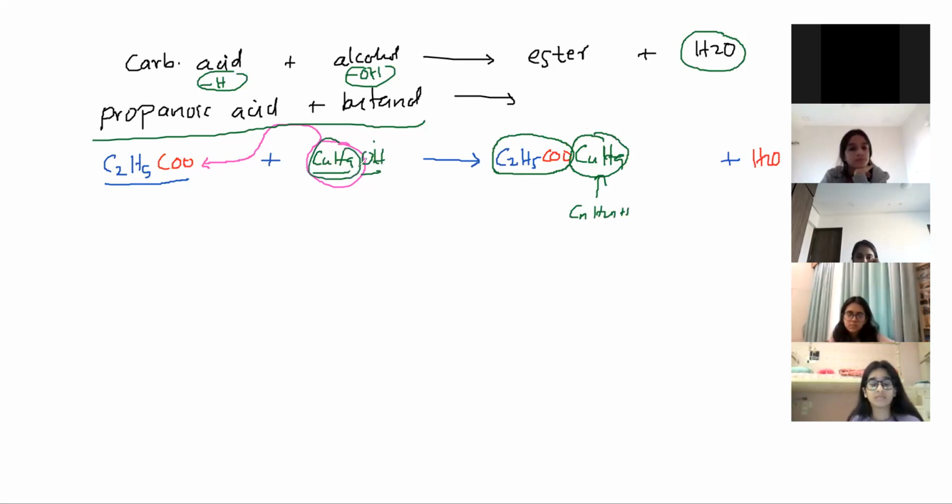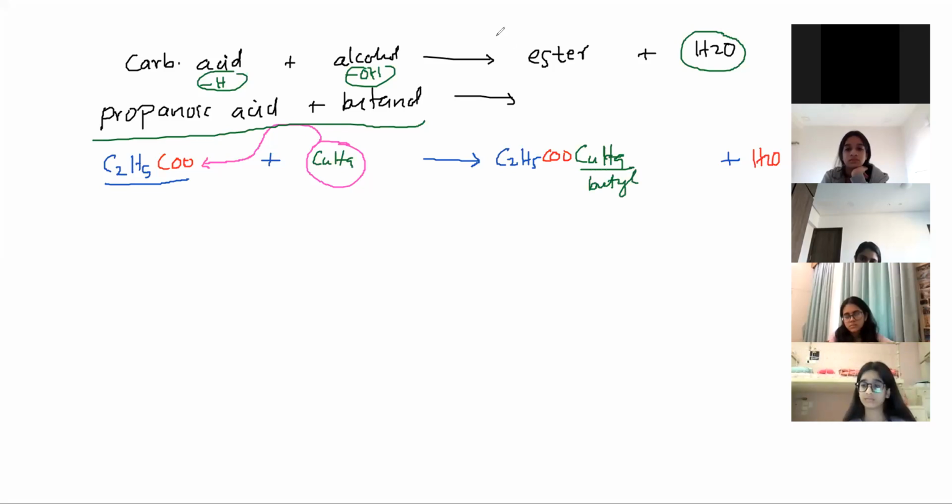So alkyl group, functional group. So C4H9 is actually the alkyl group. Okay, so this is alkyl group. So because the alkyl group has 4 carbon atoms, I will call this as butyl. So this part name is butyl and name of the other part is propanoate. Okay, so the name will be butyl propanoate, not propanoate butyl. Like this will come here and this will come here.